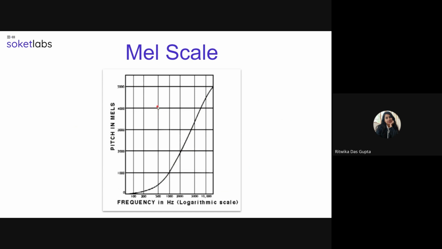Another thing is that we use a different kind of scale, a mel scale, instead of the general scale. Why do we use that? Because our ears cannot understand the difference between certain frequencies. For example, a frequency difference between 500 hertz and 1000 hertz is easy to understand by hearing. But if we have 10,000 to 10,500, even though the difference is the same, we cannot hear that. So we change it into a mel scale, so that it's easier to perform the computations and differentiate between similar kinds of units.